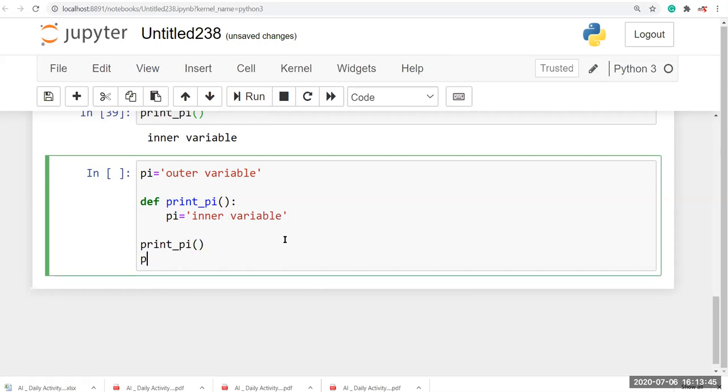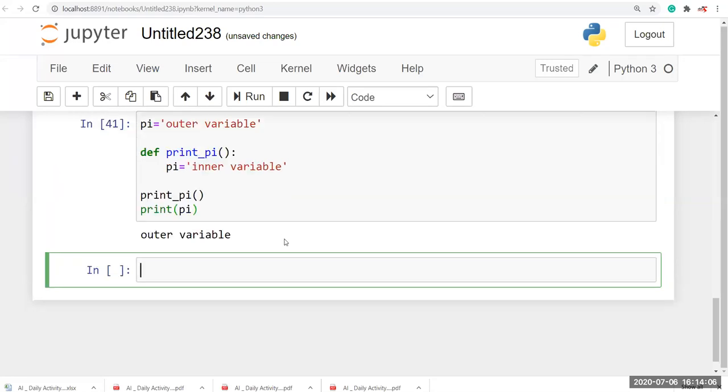After that, I'm going to print pi using the print function. So in the first line I have called my function, and in the second line I'm going to print the pi variable using the print function. Now I'm going to run this.